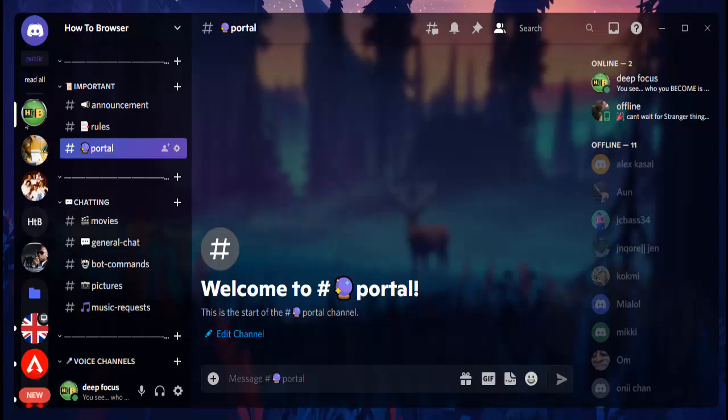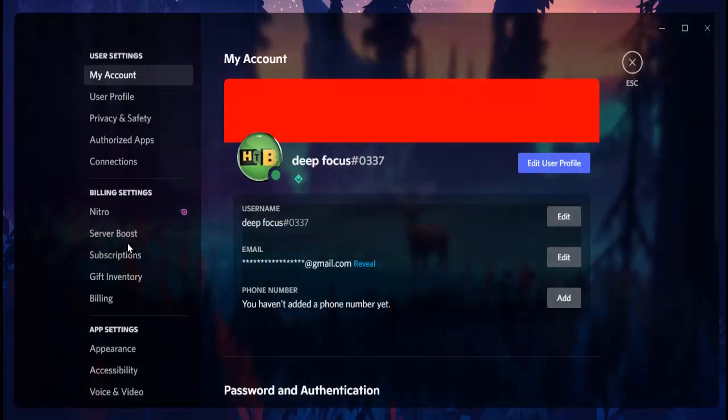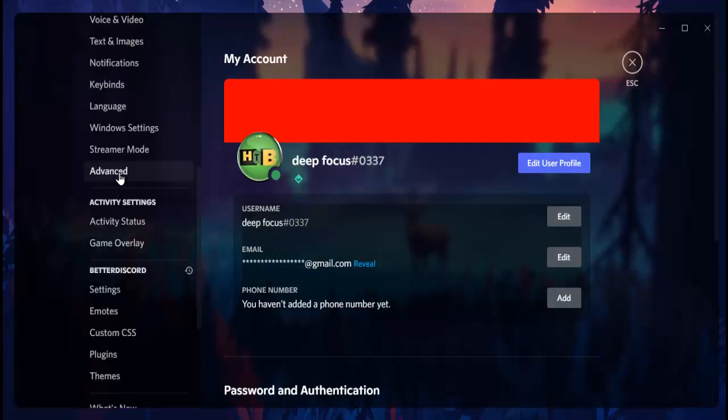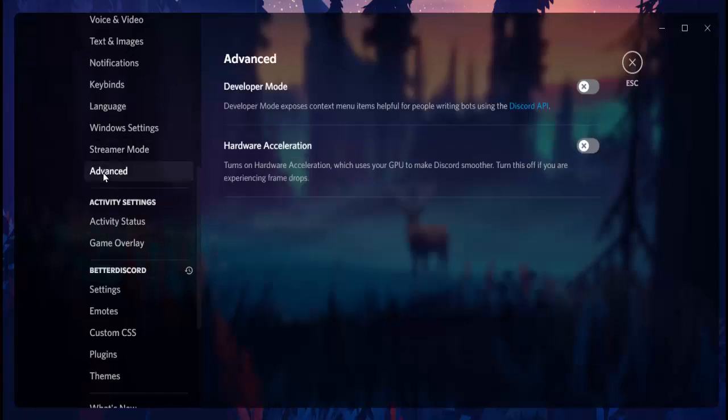If you want to find Discord IDs, you need to go to user settings right here, and then we need to go to advanced right here, and now you need to enable developer mode. Developer mode exposes context menu items helpful for people writing bots using the Discord API. Now enable developer mode, and now